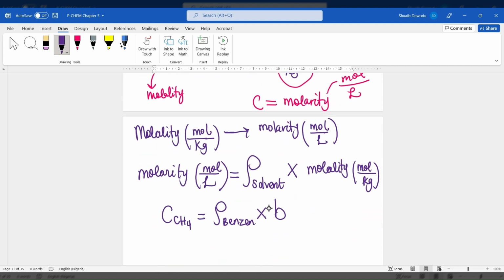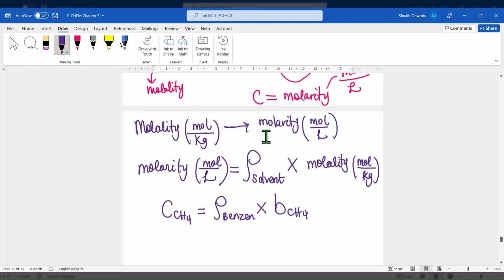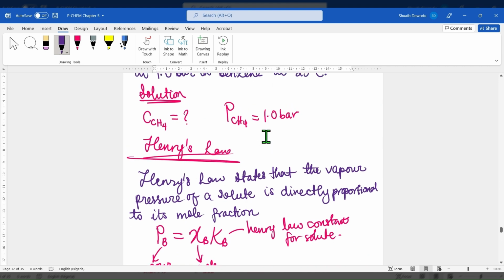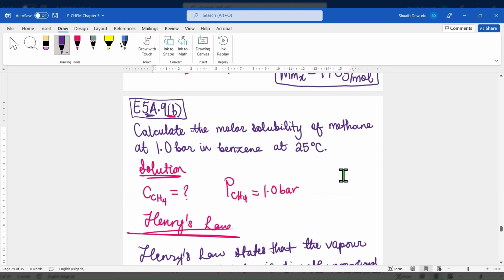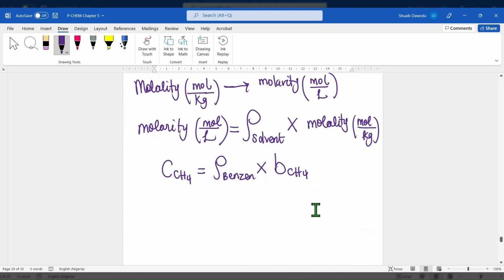So b sub CH4. Looking at the research section of our textbook, we see the density of benzene at 25 degrees Celsius, because again, they told us this whole thing is happening at 25 degrees Celsius. If we were dealing with 100 degrees Celsius or any other temperature, then the density, of course, is going to change with temperature. So the density of benzene at 25 degrees Celsius, basically room temperature, is simply going to be, so C sub CH4 is the value